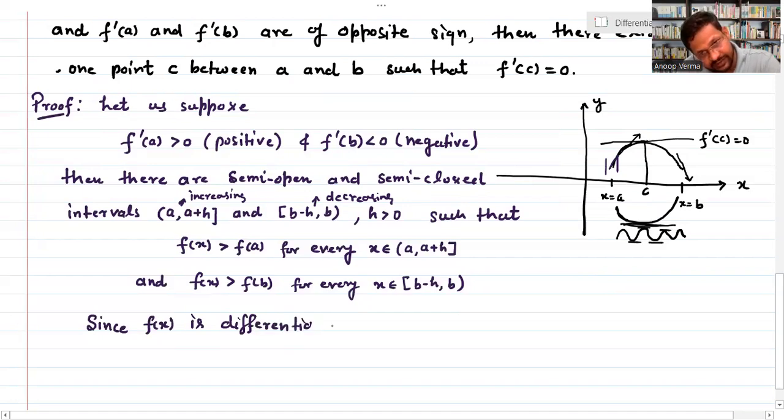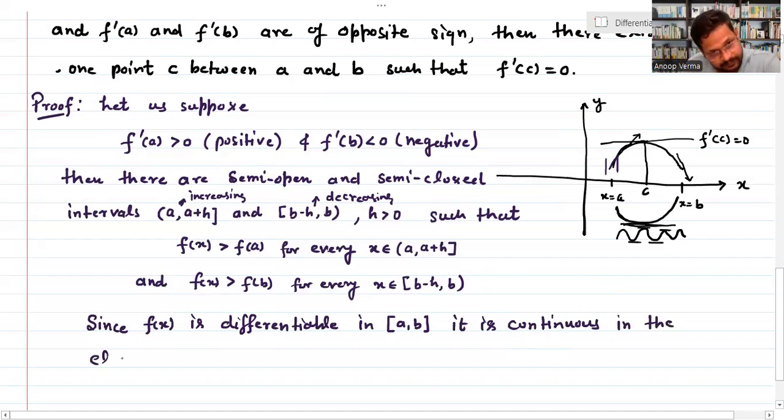is differentiable in this closed interval a comma b, so it will be continuous, so it is continuous as well. Every differentiable function is continuous in the closed interval a comma b. Okay, so अगर हमारे पास कोई फंक्शन है वो क्लोज इंटरवल में कॉन्टिन्यूअस होता है तो बाउंडेड